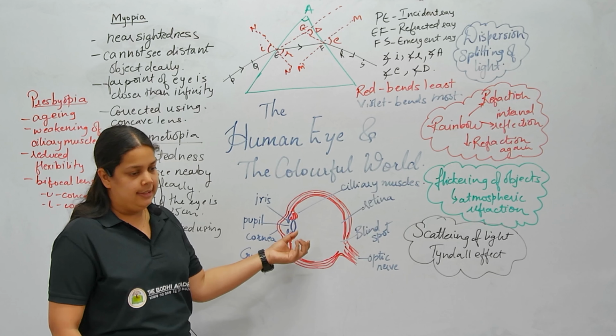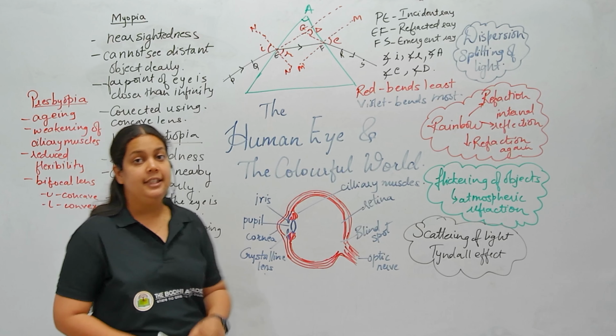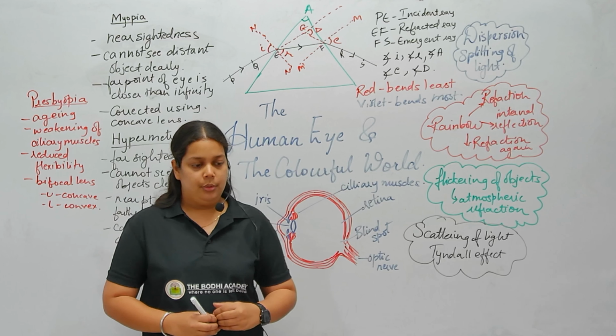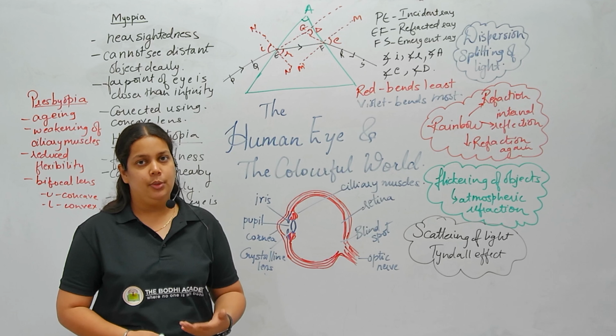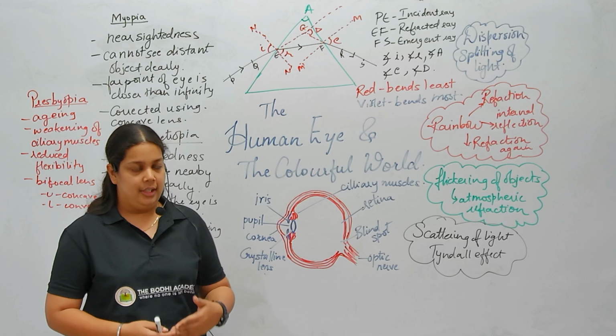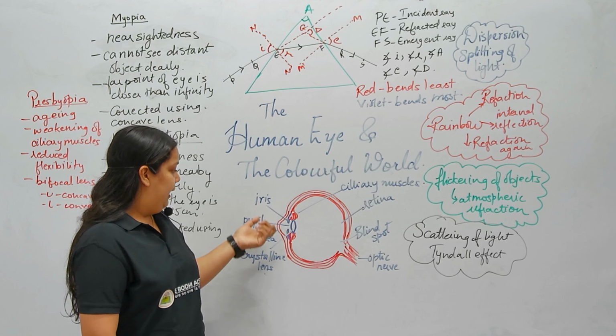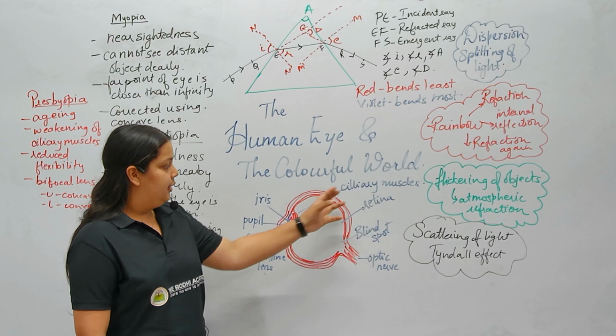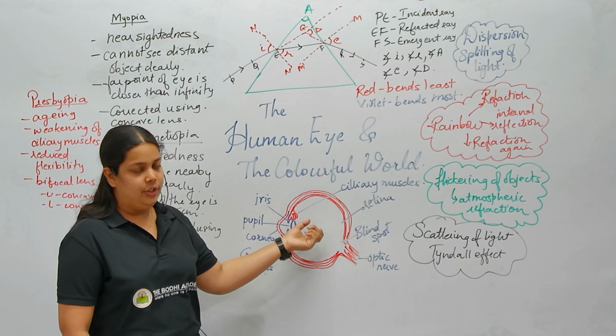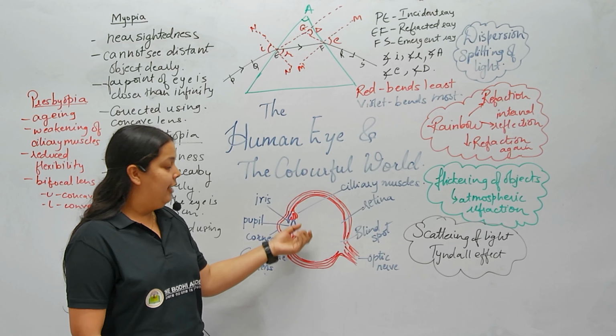There is this crystalline lens which makes fine adjustment to focus at different objects, and we are able to see different objects clearly. There is iris, pupil, cornea, crystalline lens, the ciliary muscles which are able to make fine adjustment,